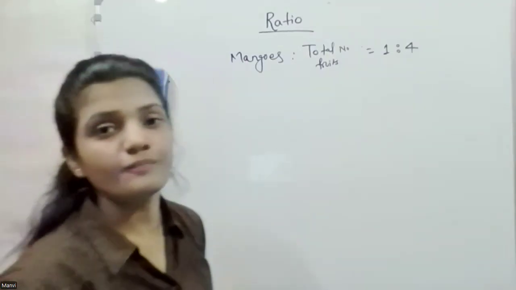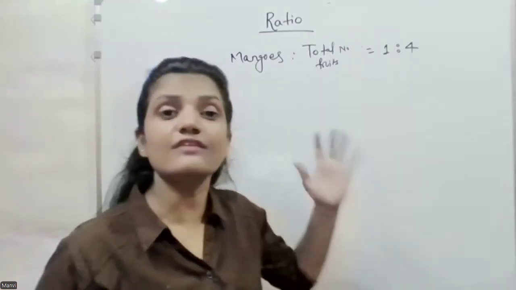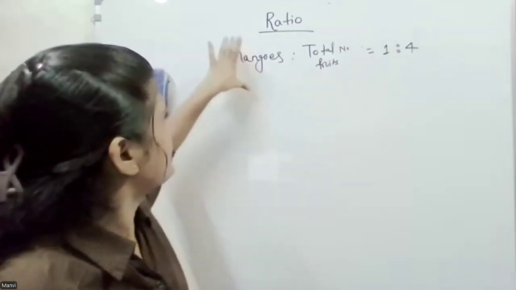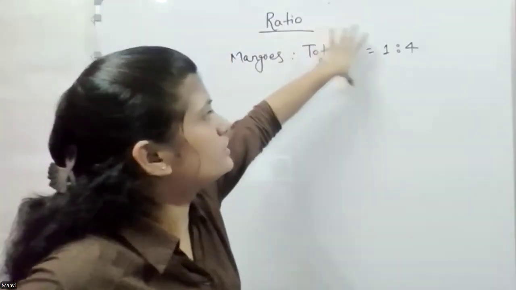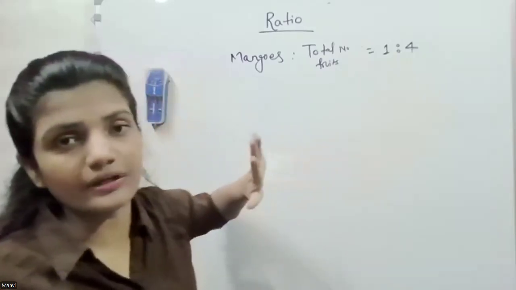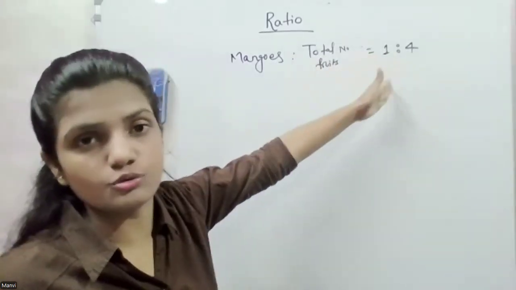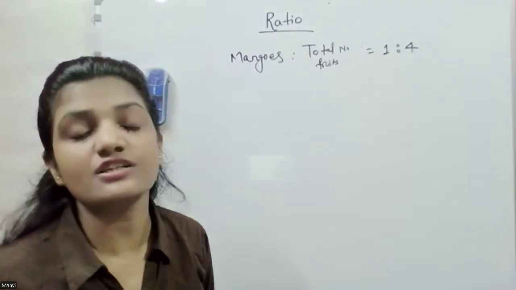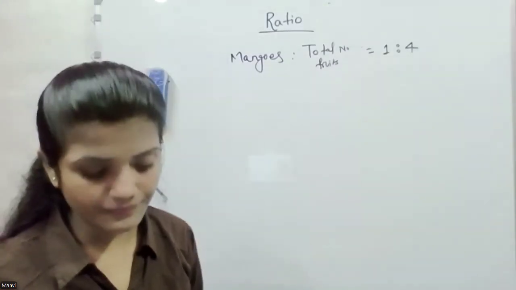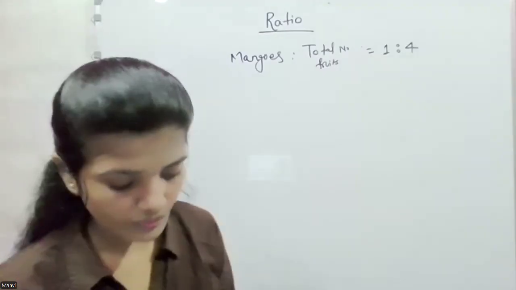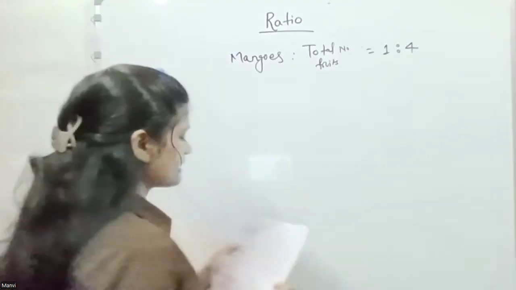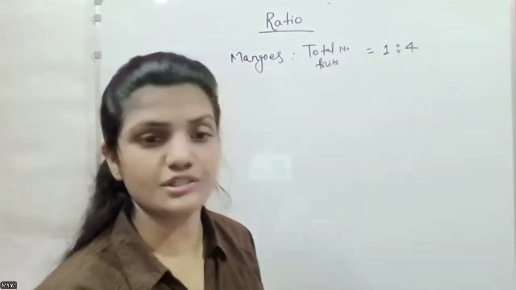Okay, so be careful. Sometimes they give us the total part as well. As in this question, they give us the mango with total number of fruit. The ratio will be 1:4. So we don't need to calculate the ratio, like we don't need to add these two. The fraction will be 1/4 only. Right? Okay. Yeah.